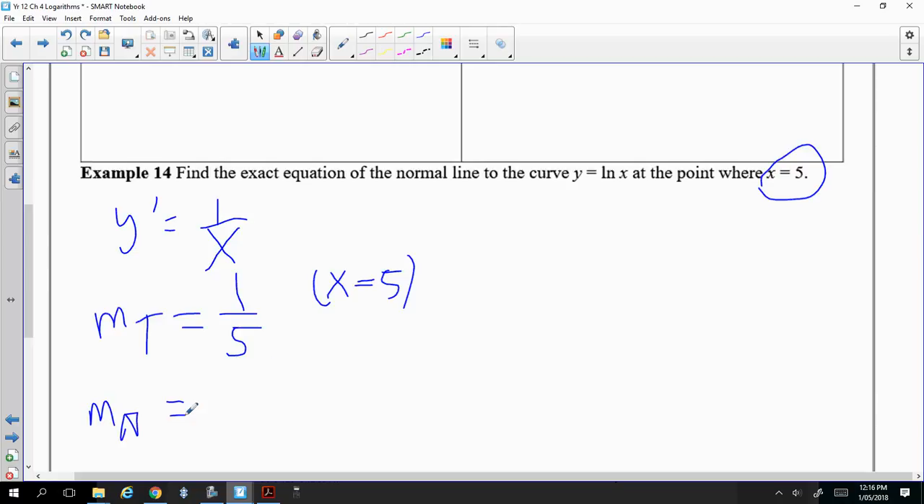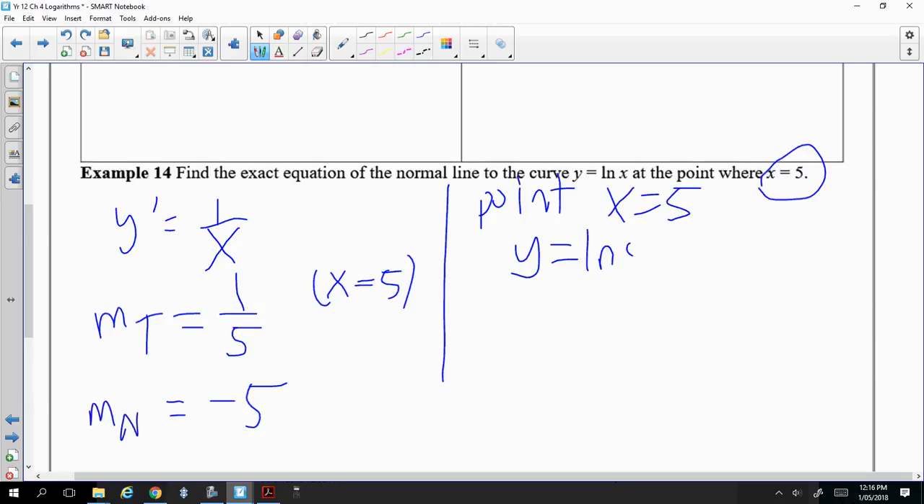Okay, now we need to get the point. Now to get the point, we have to substitute x equals 5 into y equals ln 5. So the point is (5, ln 5). Remember, you need to leave it in exact form. So you do point gradient form,